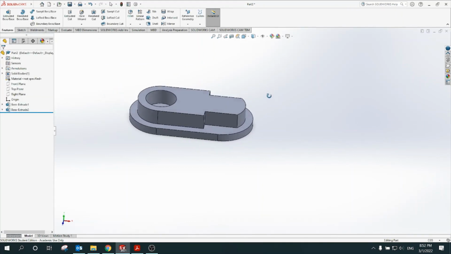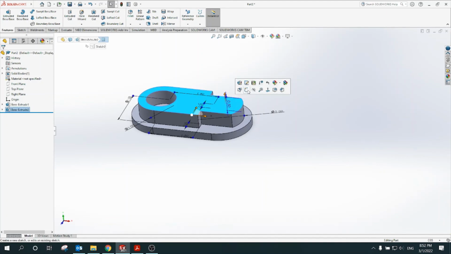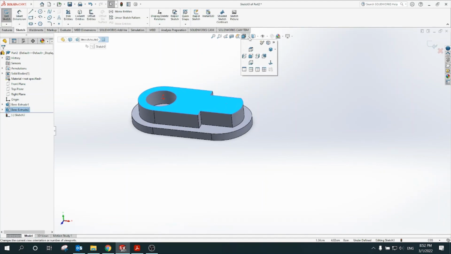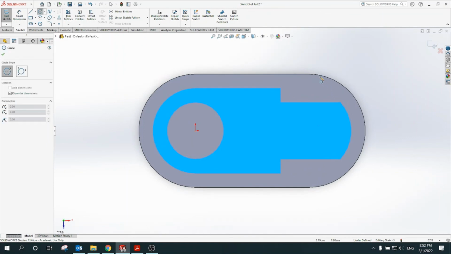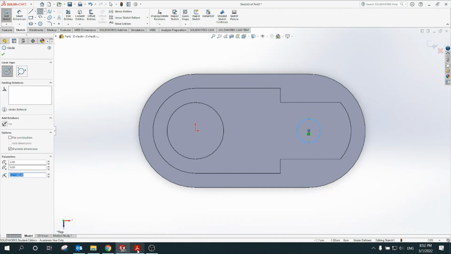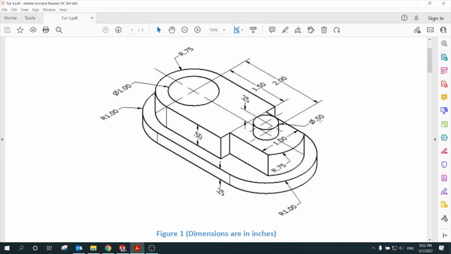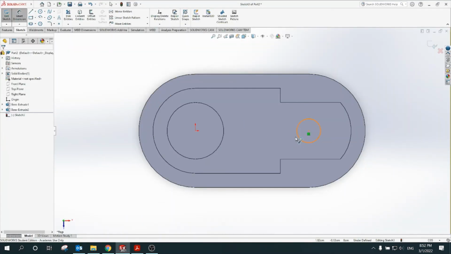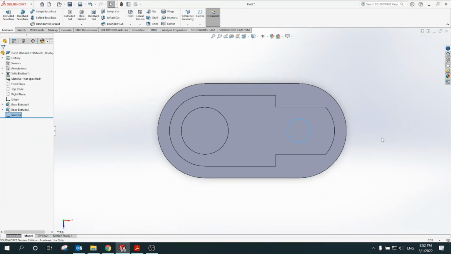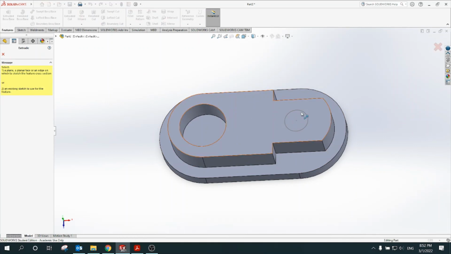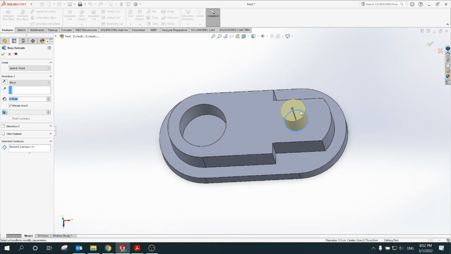Now finally, I have to go and make the small circle on this surface. So if I look on the top view, I can make a circle on the same center of everything. So this is the center, and the diameter of the small circle is 0.5, extrude is 0.25. So diameter 0.5 and extruded 0.25,